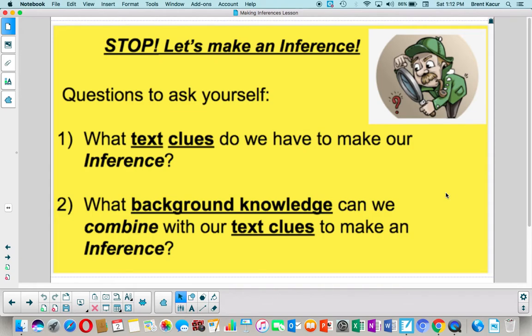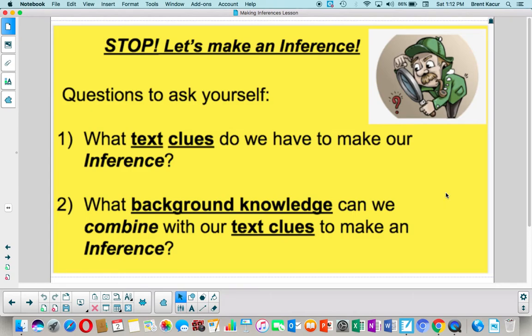What background knowledge can we combine? Well, I know that when I was a kid, if I stepped on a bee, it stung horribly. And I remember one time my mom had to carry me into the kitchen, put me up on the table, and use a pair of tweezers to pull out the stinger from my foot. That was not fun. So I have that background knowledge schema combined with the text clues, and I can make